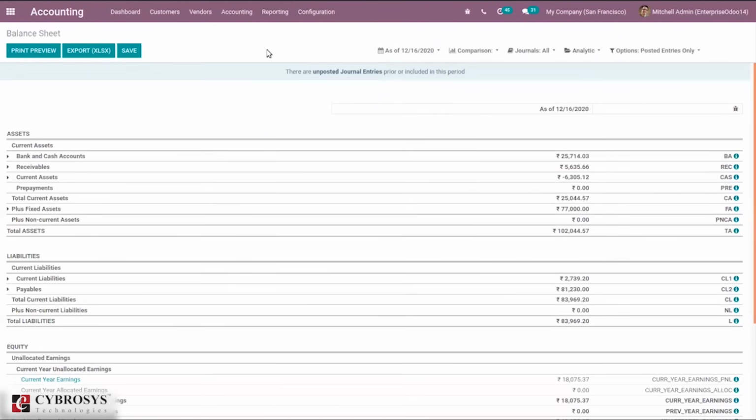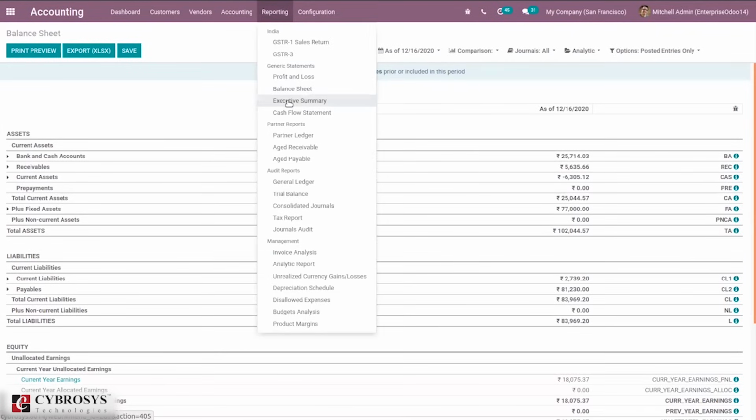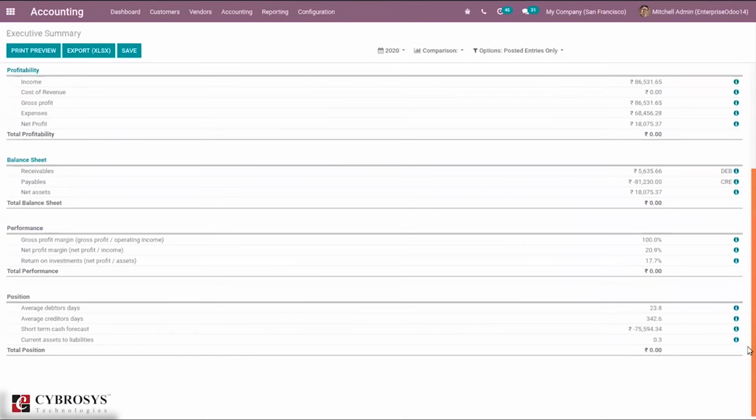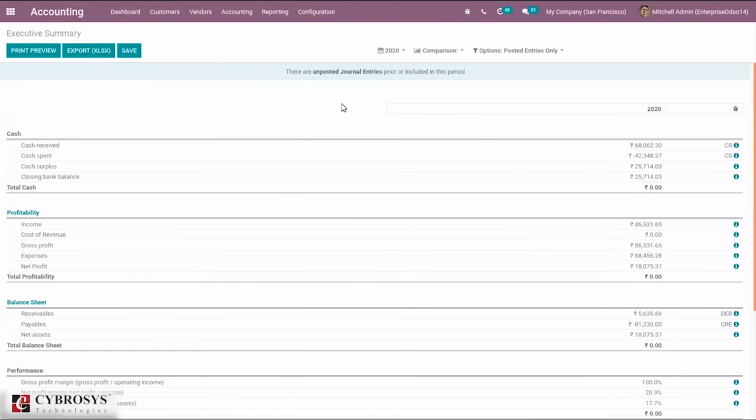This can also be compared with the previous year or previous period. Then we have our executive summary that defines the business plans and financial report of the company. So you can see the profitability, balance sheet, everything is added here, and we can print the XLS report.